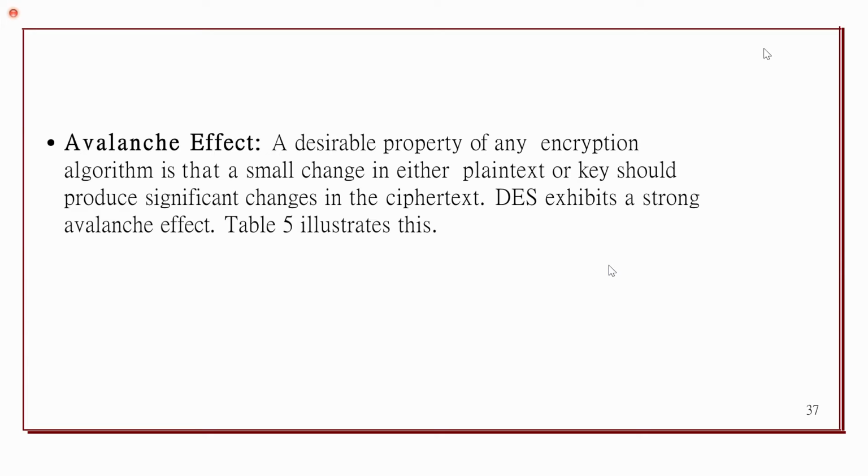The size of the subkey is 48 bits, not 32. Many of you gave 32, but the size of the subkey is 48 bits. After applying permutation choice 2, the size will be reduced to 48 bits. Compression will be done.